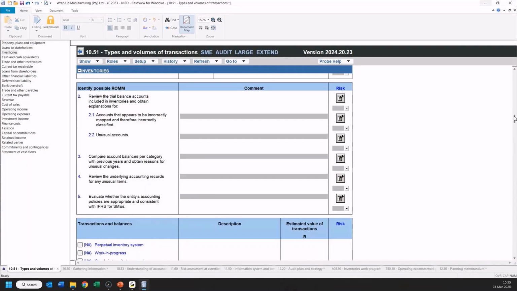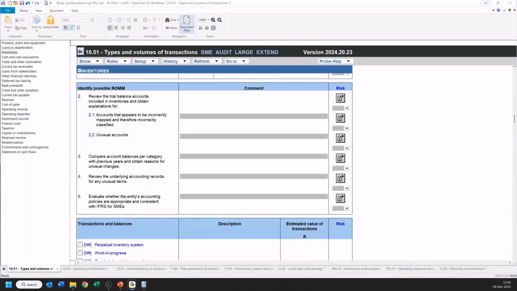Look at the items in comparison to the prior. Very importantly, you'll remember that when we audit, we consider not just whether the client's use of the accounting framework is appropriate. So they say they use SME. Is that appropriate? Yes. We also consider what their accounting policies are, and this is where we say whether that accounting policy is appropriate and consistent with the requirements of their framework. And then when we get to the detail of the actual field work, we're going to say, right,